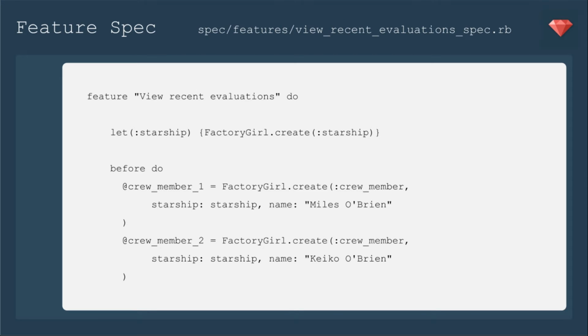Of course, first we need our feature spec. We're going to view recent evaluations from the Starship page. So we're going to see all the crew members' recent evaluations. First, we need a Starship. And then because I need very specific crew members and crew member evaluations, I'm going to put the rest in